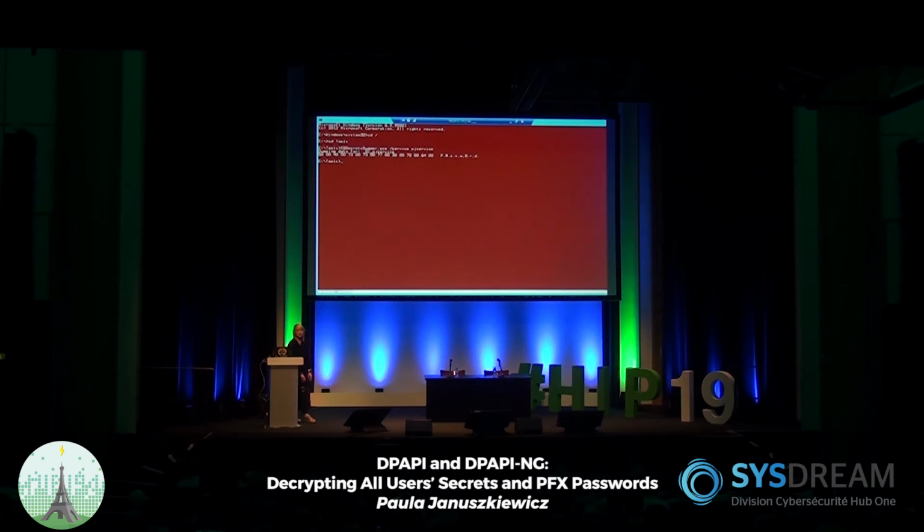Now, the next question of the universe is, okay, that's Data Protection API Classic. What about Data Protection API-NG? Isn't it better? Well, let me put it this way, it's different. It's completely different because it relies on different mechanisms and different ways of communication with the domain controller, leveraging the KDS root key.